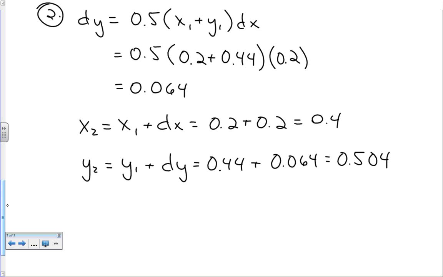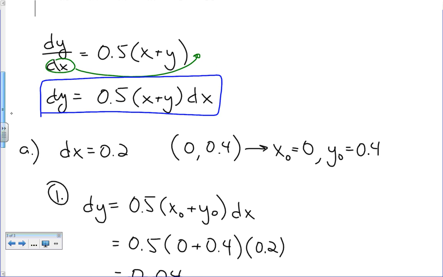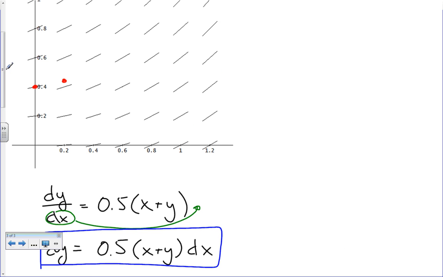There's another point for us to plot. At x equals 0.4, y is 0.504. So at 0.4, we're going to be just above halfway between 0.4 and 0.6. And you can see the process that we're going through. Okay, use one point to help me calculate the next point. All right, this process you can see is going to take a while to go through and find all these